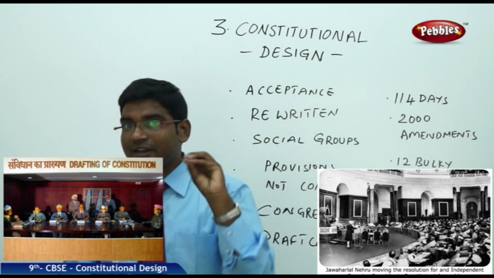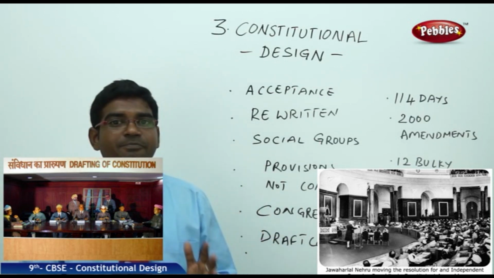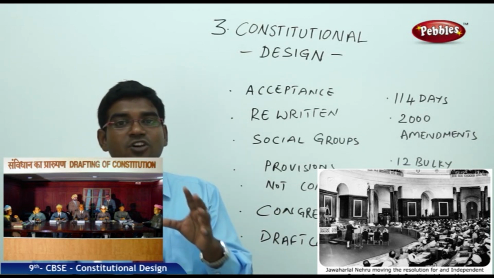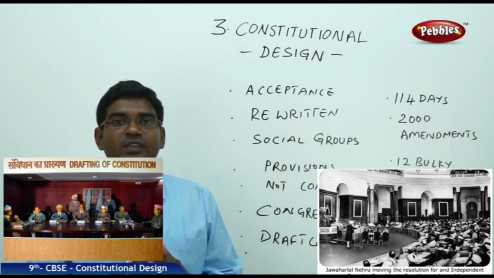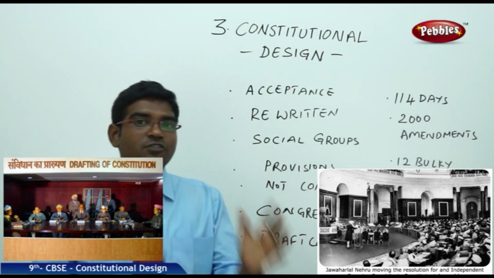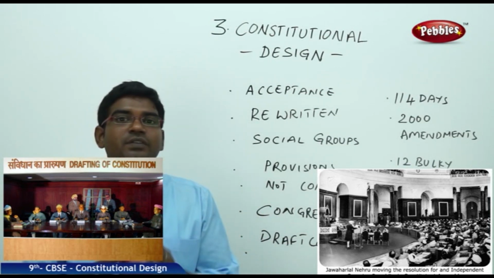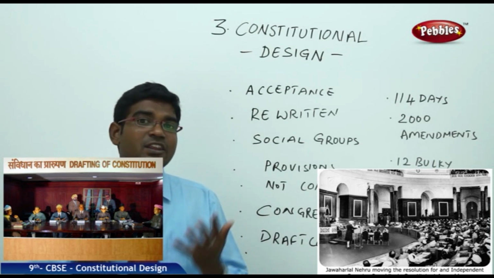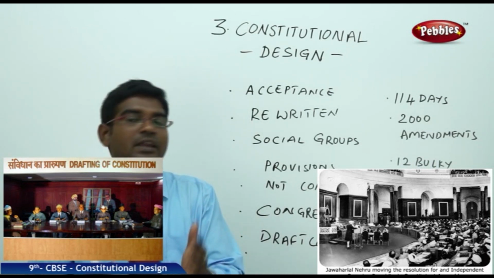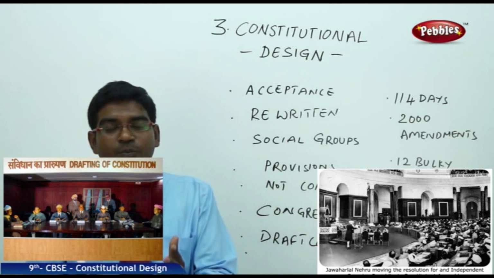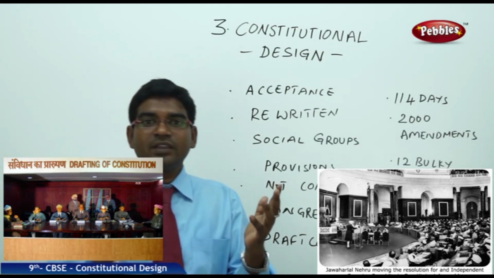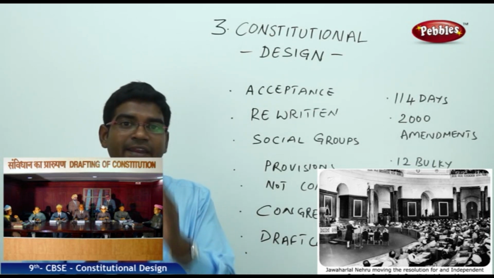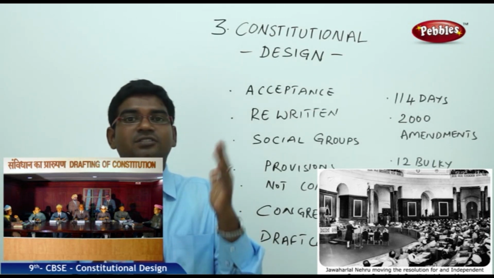Even if you had universal adult franchise at that time, even that could not by itself justify having the right constitution which we have today, because the diversity of opinions is a major advantage. When we have universal adult franchise, we have many representatives. When many representatives come from within the Congress and outside the Congress, you get the opinions of people who have diverse opinions and different ideas on different topics or subjects.